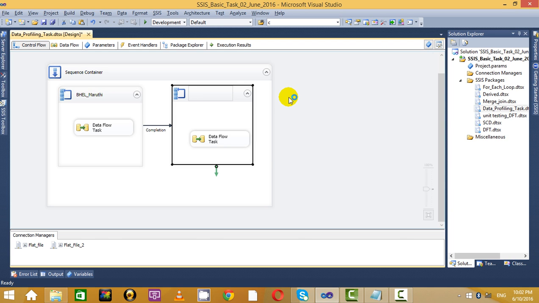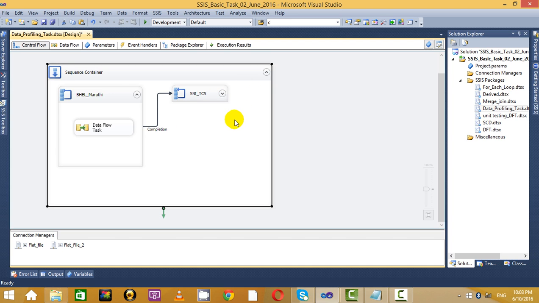Here, like the other one is SBI and TCS. So this is the thing, like you can have one set tab delimited, another set star delimited, as